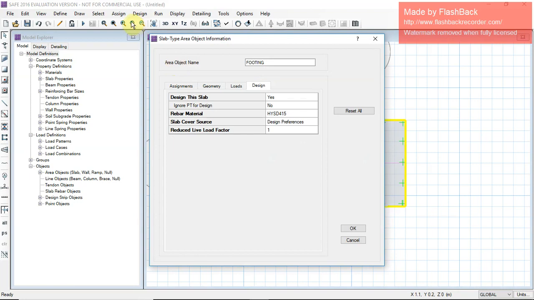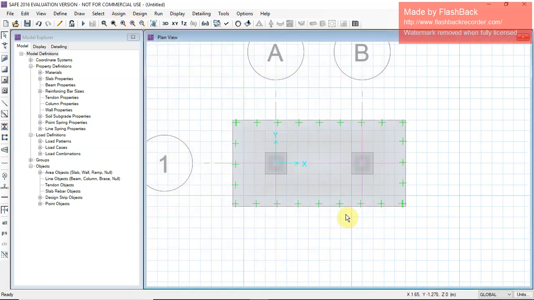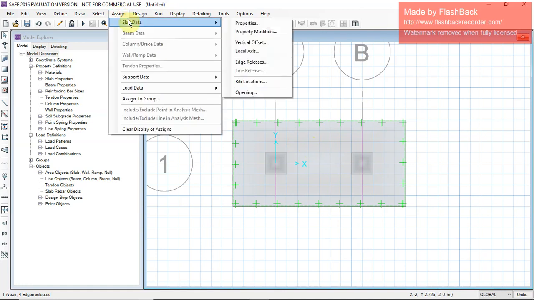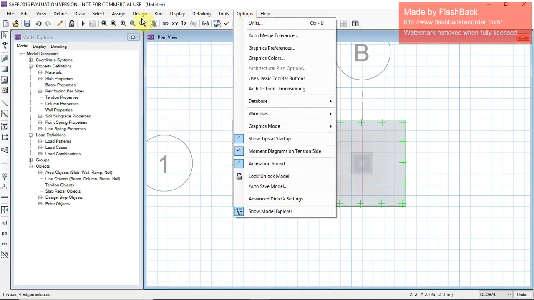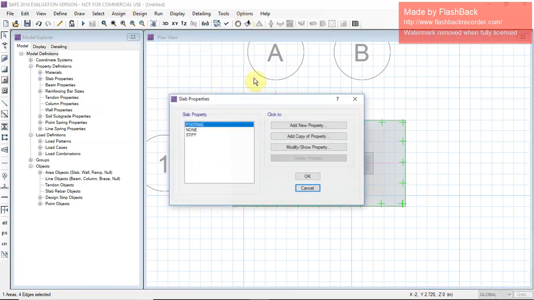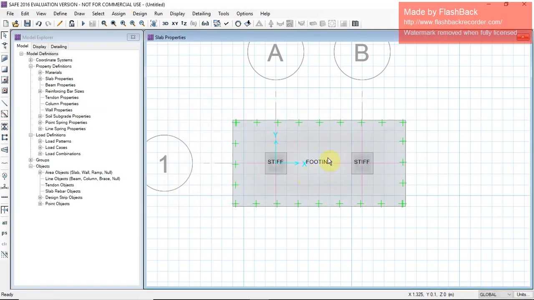Now you have to assign footing slab data properties, footing. Okay, here you can see footing and strip both are automatically assigned.